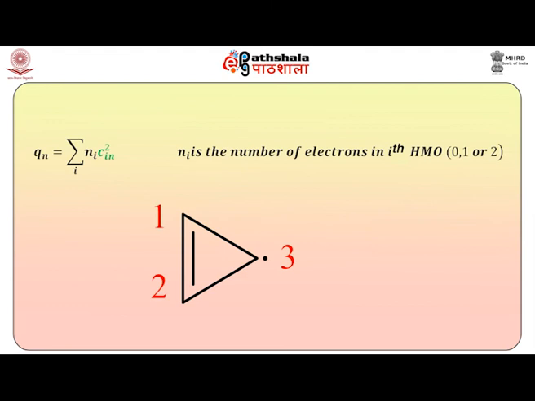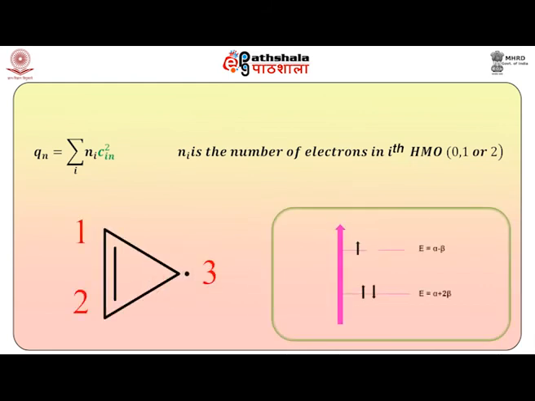So in the case of cyclopropenyl radical, as you know, it is a 3 pi electron system. 2 pi electrons are in the energy state 1, which is with the energy alpha plus 2 beta, while the third electron may be placed in either of the two energy states E2 or E3 because they are degenerate. So in such a case, electron density is always calculated by assuming that half of the available electron is in each of the degenerate molecular orbitals. That means Phi2 and Phi3.